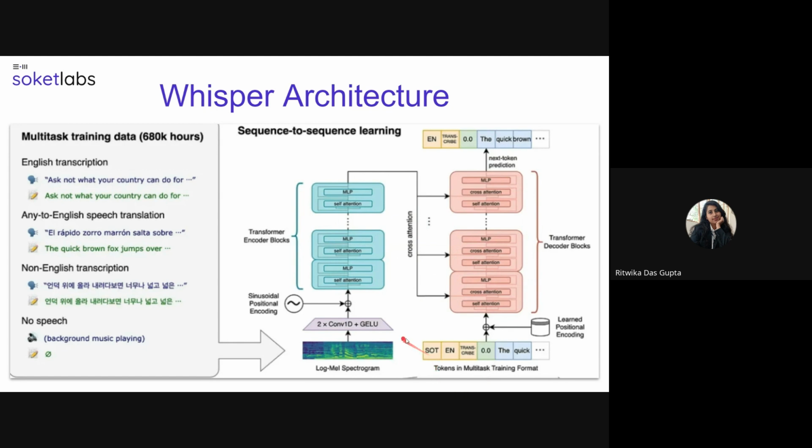So as I said, the multitasking format is passed into the decoder, and in that format itself the prediction is obtained. This is the format I have explained before, and here English is the generated output language, this is the transcription task, this is the time frame, and this is the generated output.